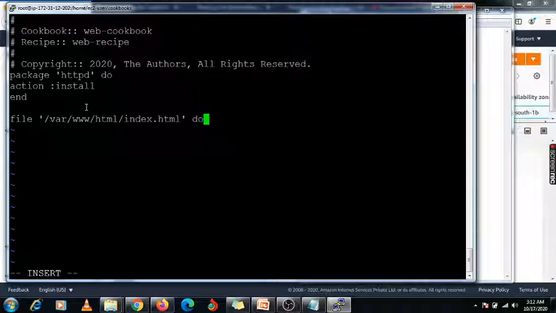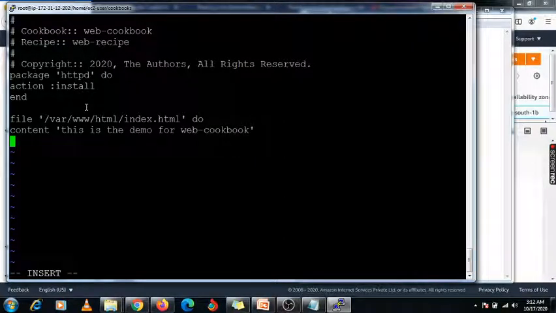I'm just mentioning the same path here. You need to use this do, and inside this file index.html you need to specify some content. I'm going to specify this content: This is the demo for web cookbook, enter.